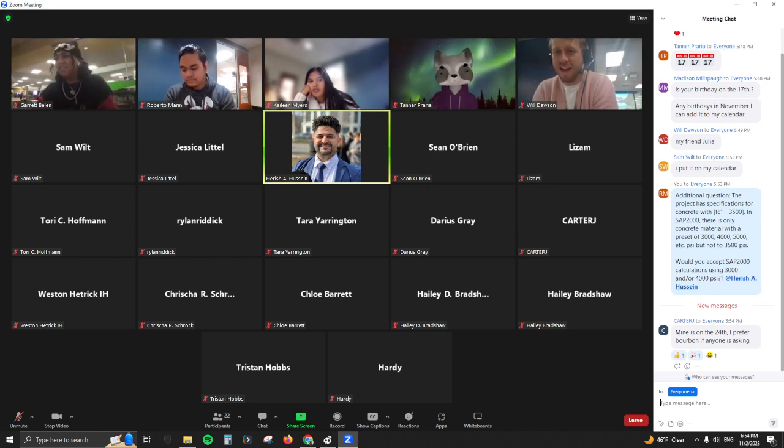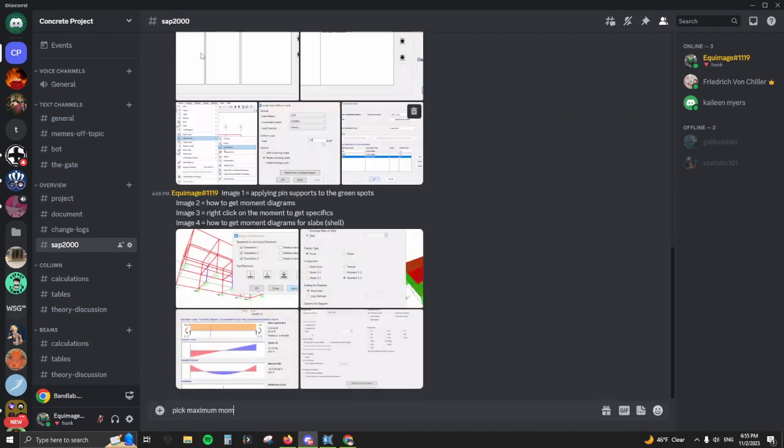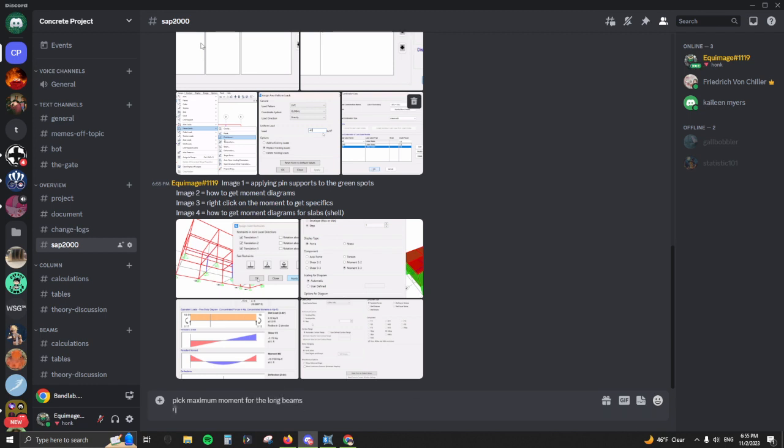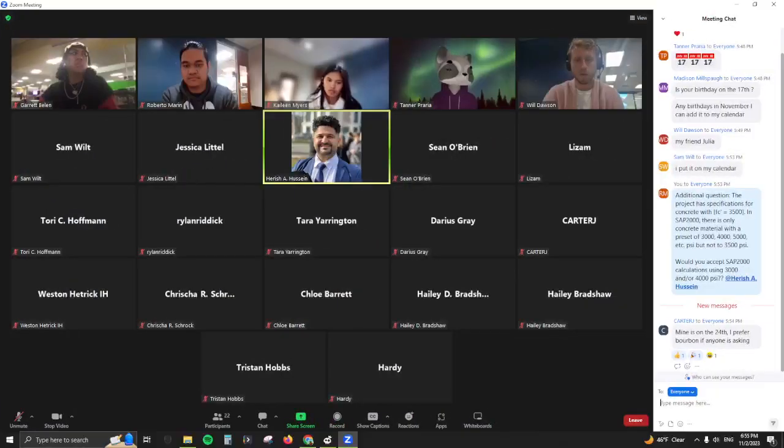So basically from SAP, what you get is for the beams, the longitudinal beam, B1, pick the maximum moment somewhere, design your beam for that M1 and apply it to all the beams on the long run. For the short beams, the parallel ones, find the maximum moment and apply it to all the 6 short beams. And again, for the long run, find the maximum shear from SAP and apply it everywhere for stirrups. Find the maximum shear on SAP and apply it on the 6 short beams everywhere. So you need 2 moments and 2 shears from SAP for the beams,